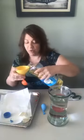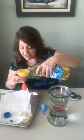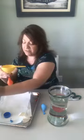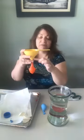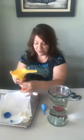And then what about oil? Oil is a fatty material made of fats. Again, this is the messy part. I've got the level of oil up to here because I want to make sure there was no air here. I'm going to pinch it off and tie it, which means oil is going to spill. So I'm going to put it over here, over my cutting board, or my cookie sheet,